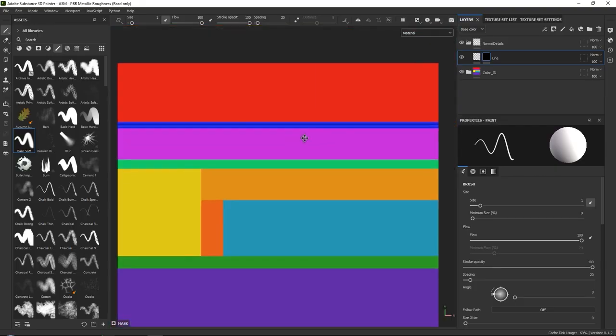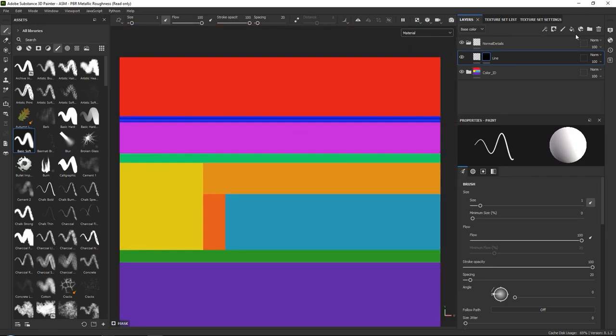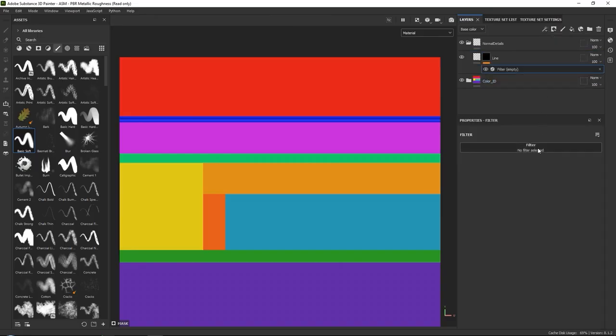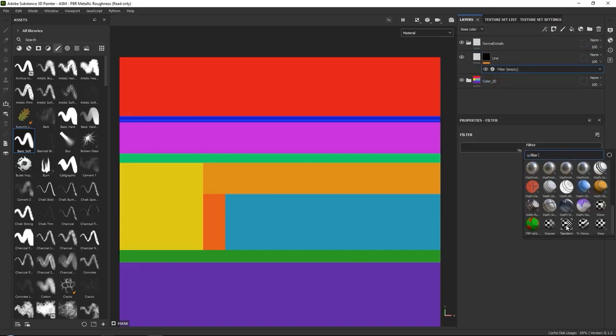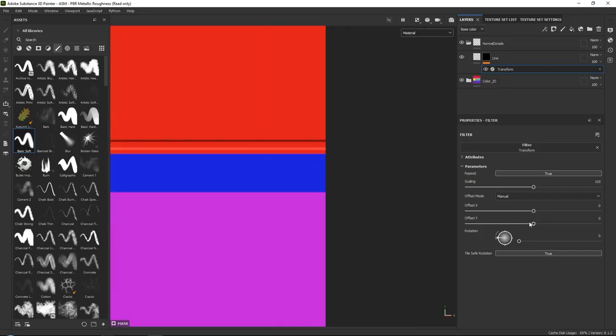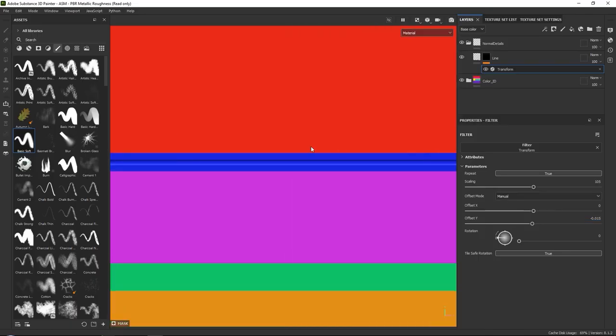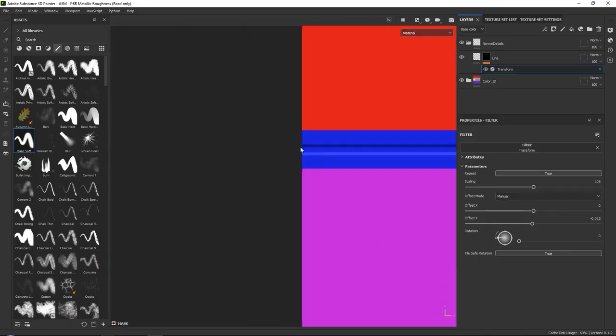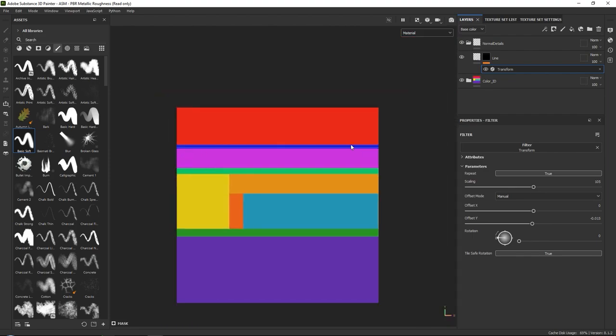However, another way that we can quickly clean this up and also have control over it later is simply by adding a filter to our mask. In this filter, if we just scroll down and add a transform, I'm going to set my scaling, for example, to 105. And then I can go in and use my offset to basically push this back into the location that I want. For example, minus 0.015, and now it will always transition perfectly on both sides,